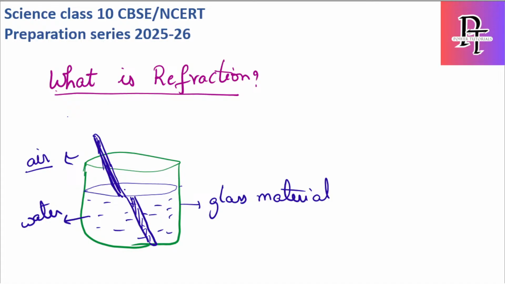तो इसी कॉन्सेप्ट में इंग्लिश में बताऊंगा। Whenever any light ray passes from one medium to another medium, the angle gets changed. ओके, मैं हिंदी में भी फिर से बता रहा हूँ। तो जब भी लाइट रे एक मीडियम से दूसरे मीडियम ट्रैवल करता है तो उसका एंगल चेंज हो जाता है। एंगल इसलिए चेंज हो जाता है क्योंकि उसका वेलोसिटी चेंज हो जाता है। इधर का वेलोसिटी दूसरा होता है और इधर का वेलोसिटी दूसरा होता है, इस कारण से वो एंगल चेंज हो जाता है।